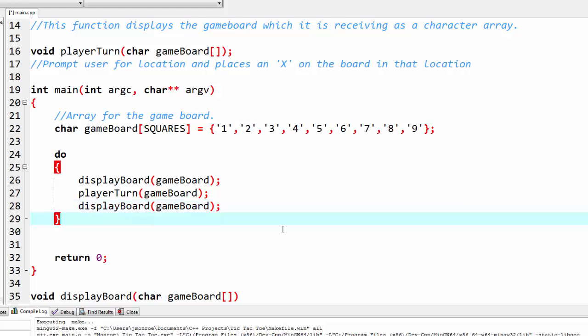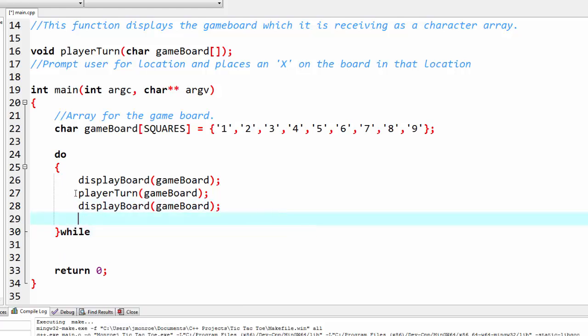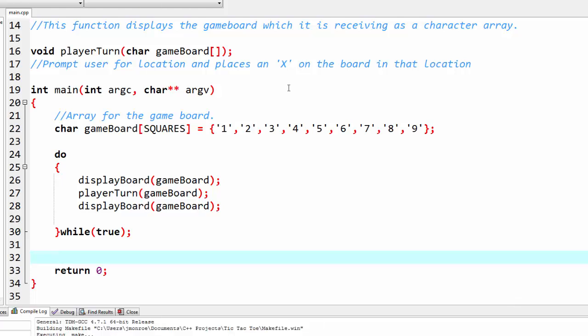This loop, we're going to want it to continue as long as someone hasn't won. And of course, that's a whole other set of logic that we haven't written yet. But for now, what we can do is create maybe an infinite loop, and of course go back and fix it later. So I'm just going to do while and type in the word true there. So that will make sure my loop continues. Okay, so if I run this,